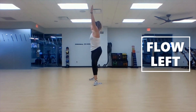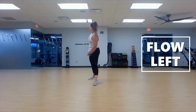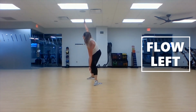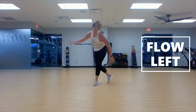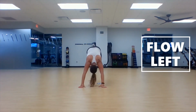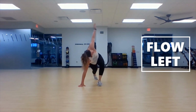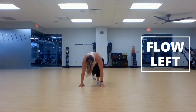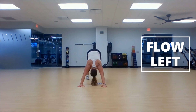warrior 2, right angle, triangle, adduct, right angle, triangle, adduct, turn it, Atlas, single leg connect, low lunge, so close, single leg, last one right here, come on, low lunge, reverse, low, single, foot down, stay in down dog, walk to your feet,